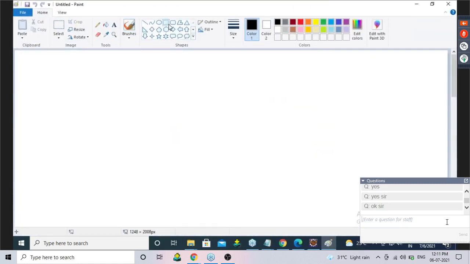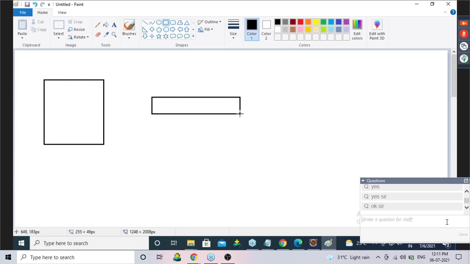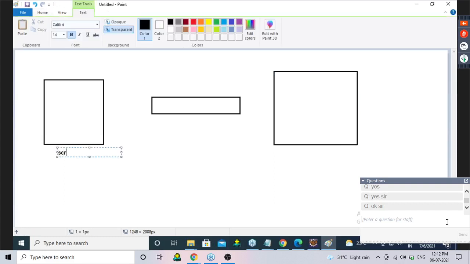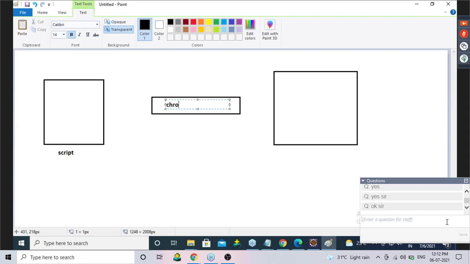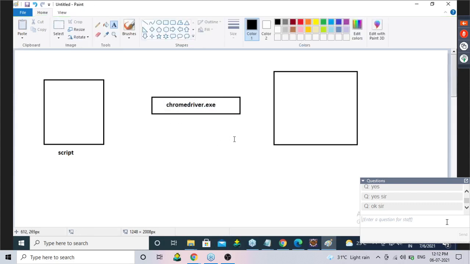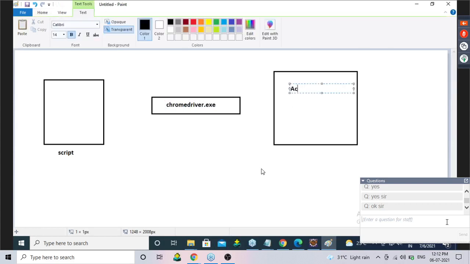Whoever got confused, okay. So we will have the WebDriver script. We will have the Chrome driver browser server, and here the actual browser. So this is a script, this is chromedriver.exe, the browser server, and this is the actual Chrome browser.